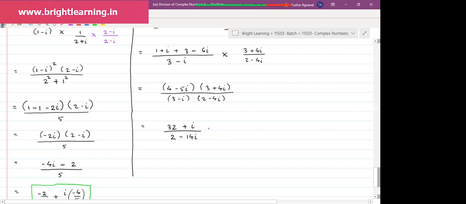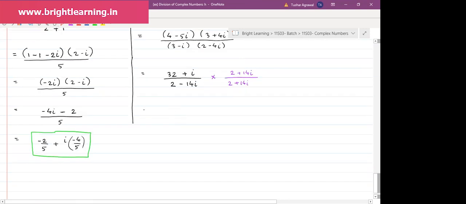Dhananjay, is the answer matching up till this stage? Yes, sir. After this, I will just multiply by 2 plus 14i, and in the numerator also 2 plus 14i. Okay, so now the numerator is something like this: 32 plus i